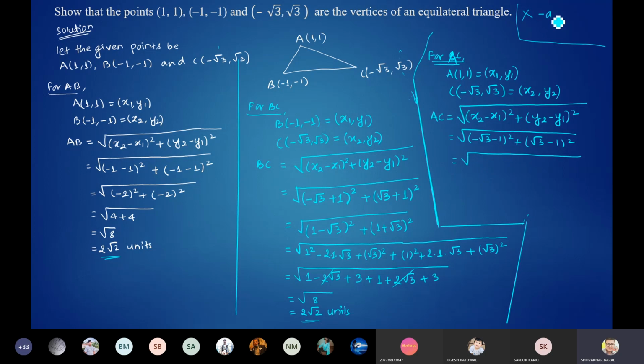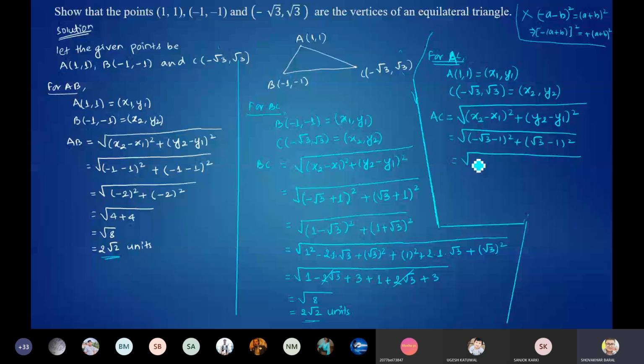Minus (a minus b) whole square is the same as (a plus b) whole square. How? Let me explain it. If it is minus in both the signs, then you can simply replace it as (a plus b) whole square, because you can write this as minus common (a plus b) whole square. So if you take the square of minus, it is plus. So if it is minus in both the terms, you can simply replace it as plus.